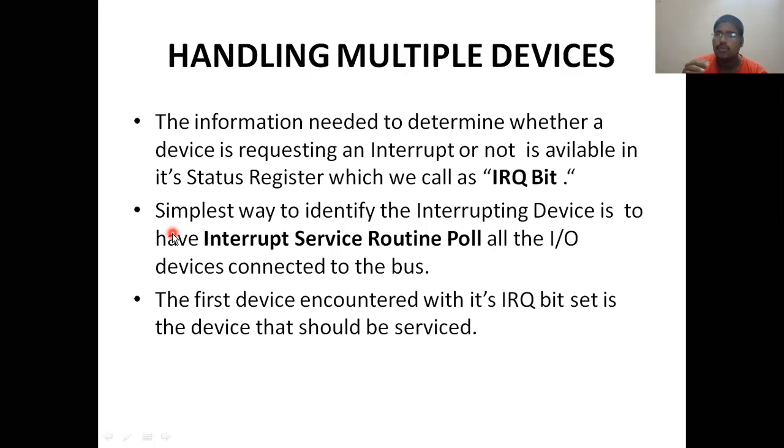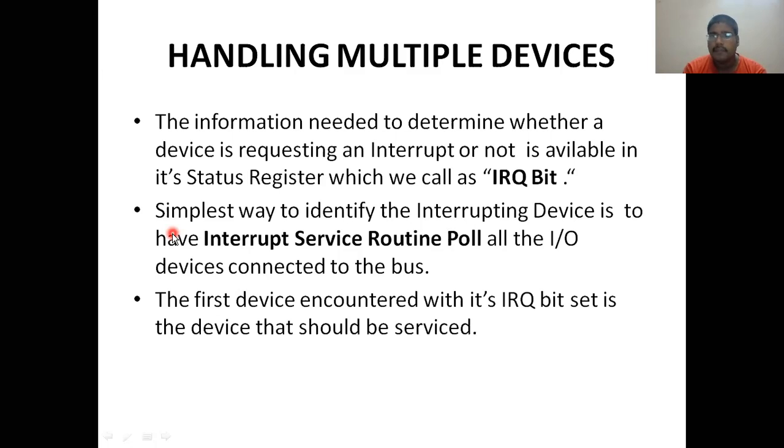Similarly, it will move to the monitor's IRQ bit. It will check the scanner's IRQ bit, and the speaker's IRQ bit. Like that, it will check all the IRQ bits one by one. This phenomenon is called polling. Polling means it will move from one device to another, and check whether that particular bit is 1 or 0. For example, if it identifies that the IRQ bit of the printer is 1,